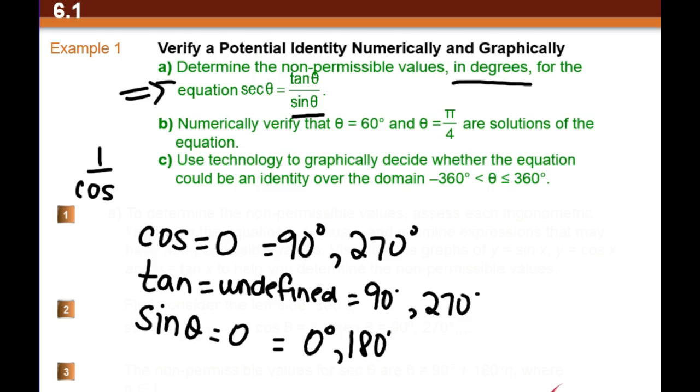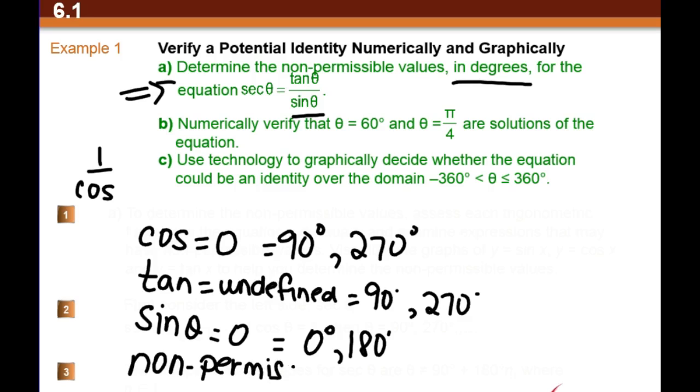Okay, so now we've established that cos is 0 at 90, 270, tan is undefined at 90, 270, and sine is 0 at 0 and 180. So the three sets of non-permissible values for the equation can be expressed as, if you notice, these are each going up by 90 if you looked at all of them together, because it goes 0, 90, 180, 270. So we can just express those as,